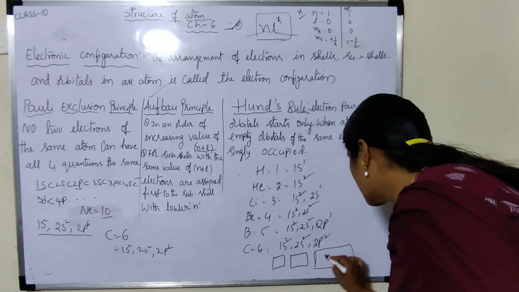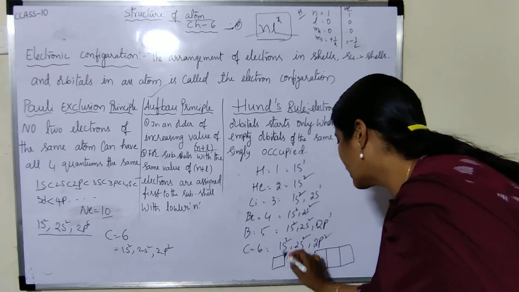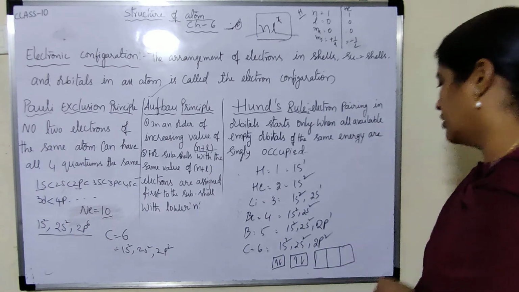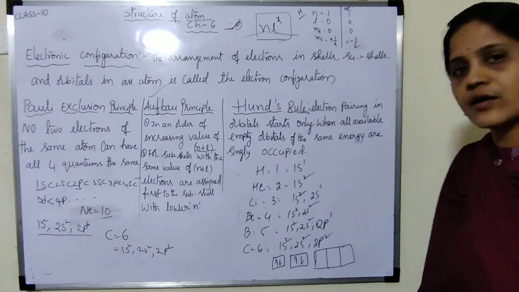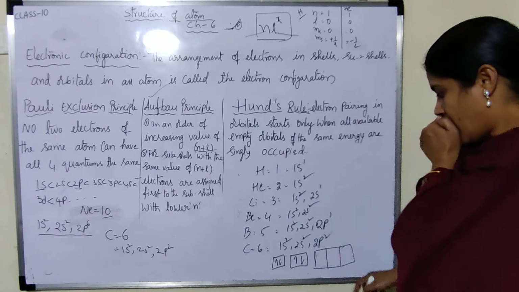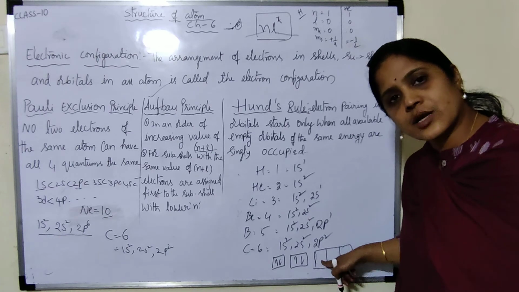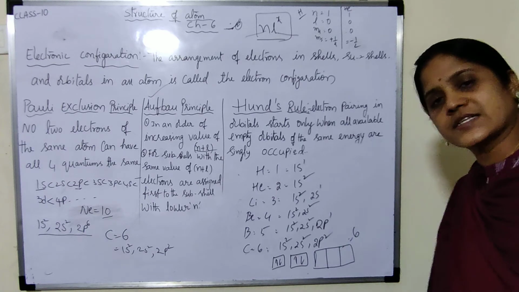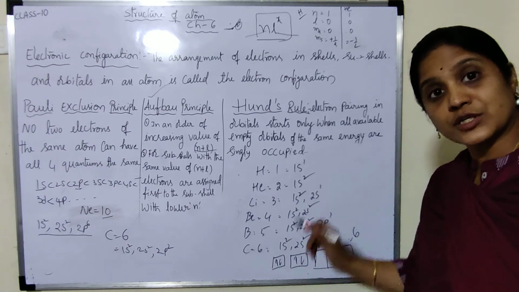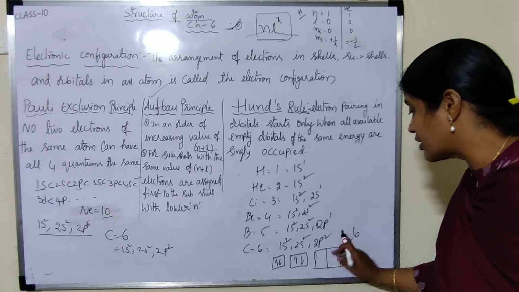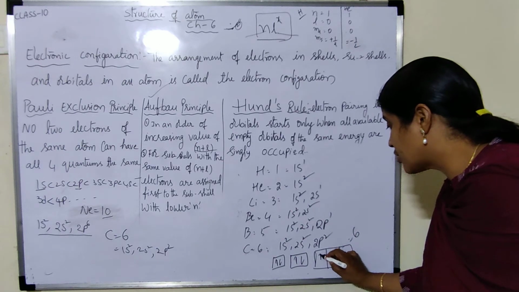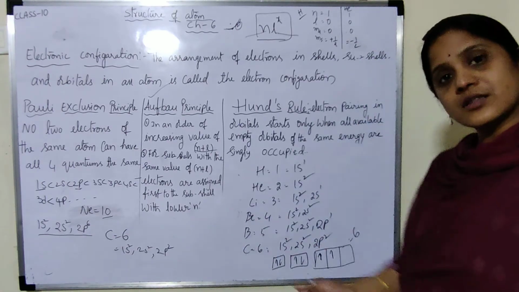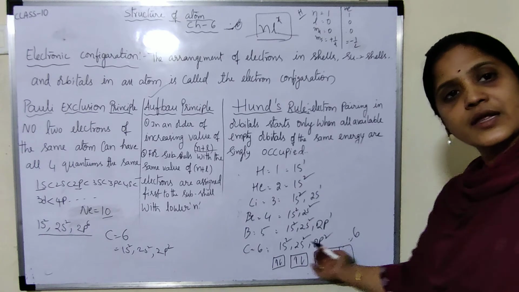1s2, one is like this, one is like this. Here the p orbitals are the degenerate orbitals. In each orbital you can accommodate 2 electrons. So in total you can accommodate 6, but you have only 2. So those 2 you have to fill in the degenerate orbitals. First, you have to fill each degenerate orbital with a single electron with the same spin. After that, you have to fill the remaining electron.